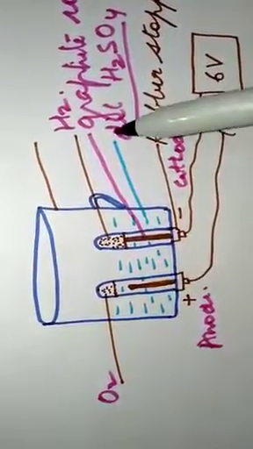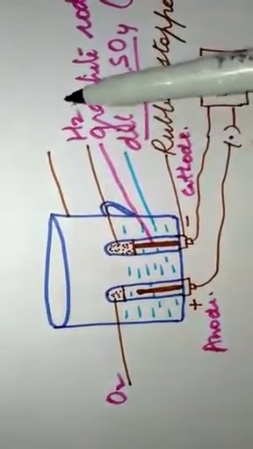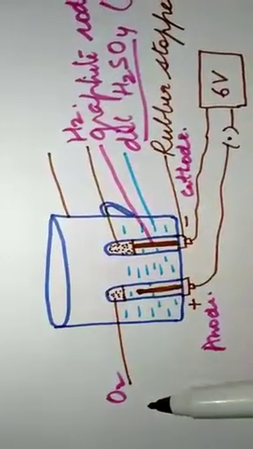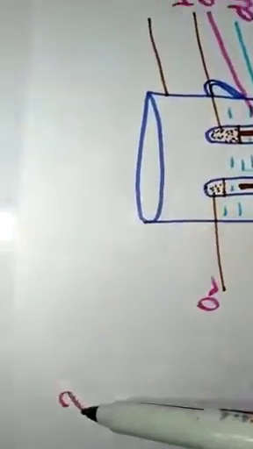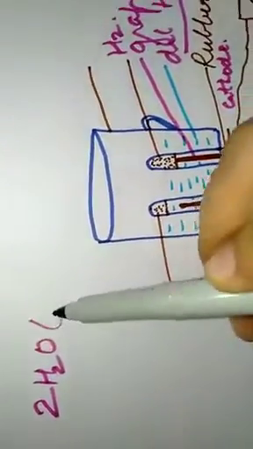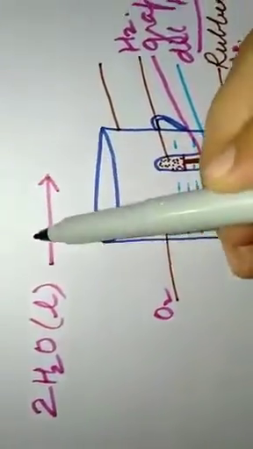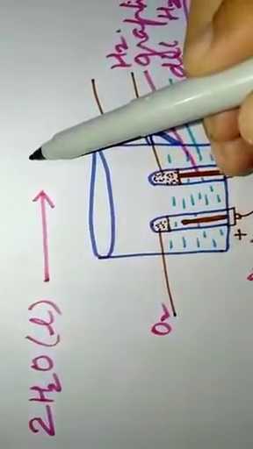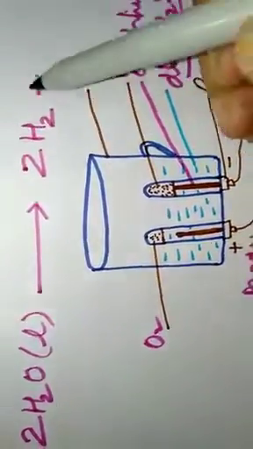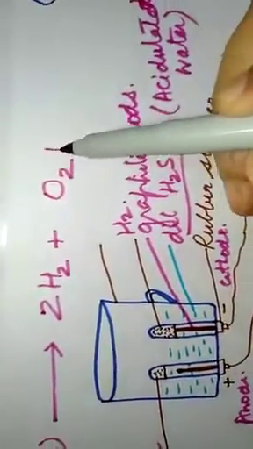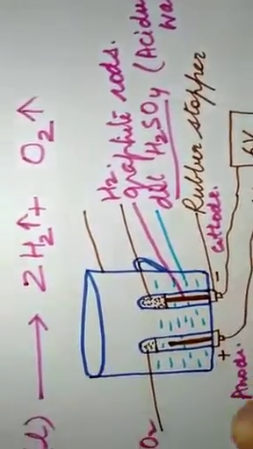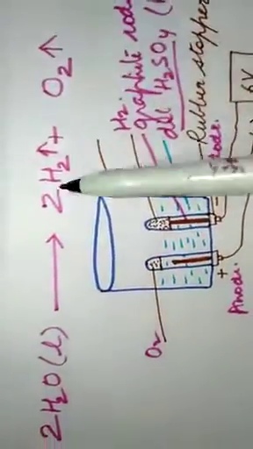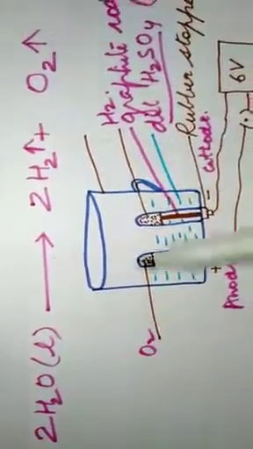So we will see the gases evolved here, and the volume of hydrogen is double that of oxygen. The reaction that takes place is 2H2O, which is naturally a liquid. On passing the electric current, it gives us 2H2 plus O2. Hydrogen and oxygen gases are evolved. This is known as electrolysis, that is, breaking the compound into its components with the help of electric current.